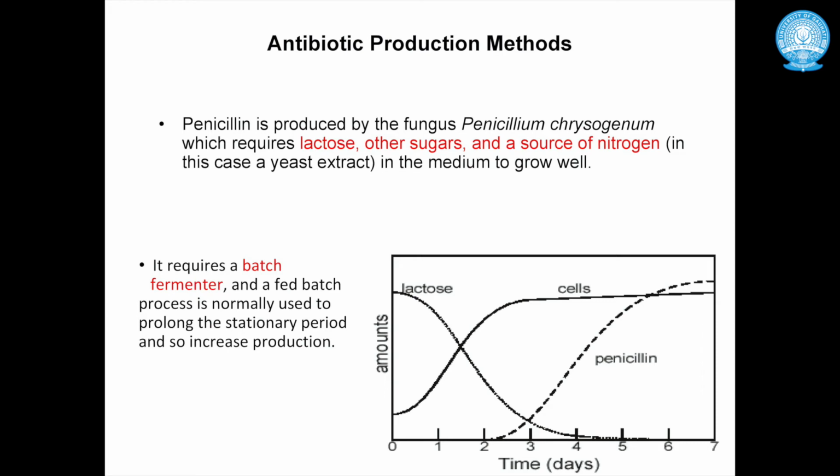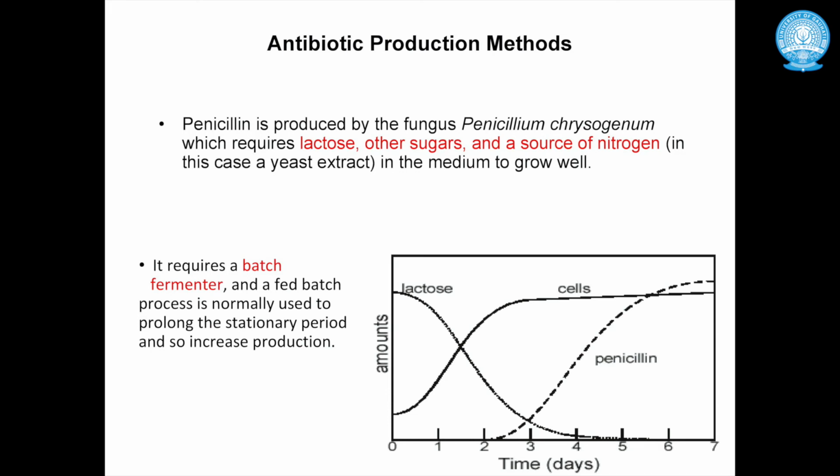which has lactose, other sugars, and a source of nitrogen. And the source of nitrogen in this case is yeast extract. The fermentation process is in batch, and a fed batch process is normally used to prolong the stationary period and so increase production. So in the case of citric acid production, the